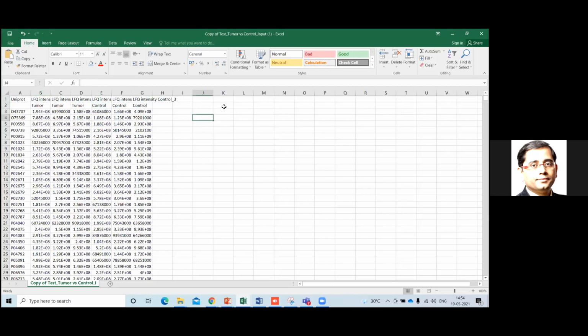So today we will try to talk about a very simple file which is having 3 tumor, 3 controls. So that means 3 patients with some disease and 3 patients which are normal, which have no diseases. And these are the proteins. As you can see, these UniProt IDs are the proteins, and this is, in simple words, the quantity of this protein in each particular subject.